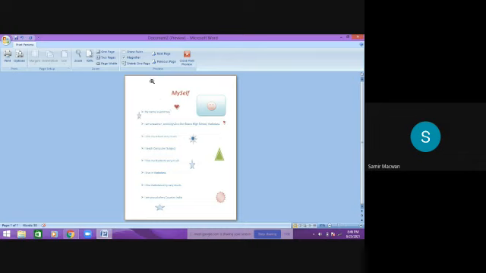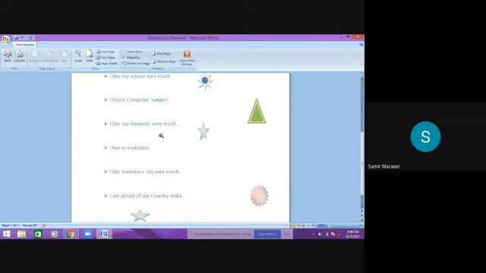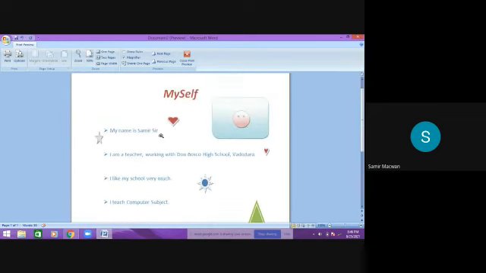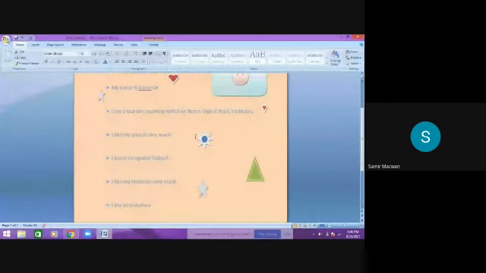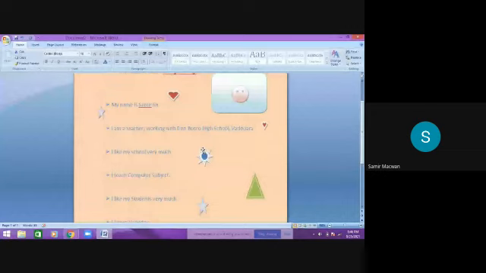Yes, I have colored it, but in print preview it is not showing to me. So I'm coming back. I'm going to home. Close print preview. Yes, it is there. So when I go for printout, definitely this background color will come, but in the print preview it was not showing.